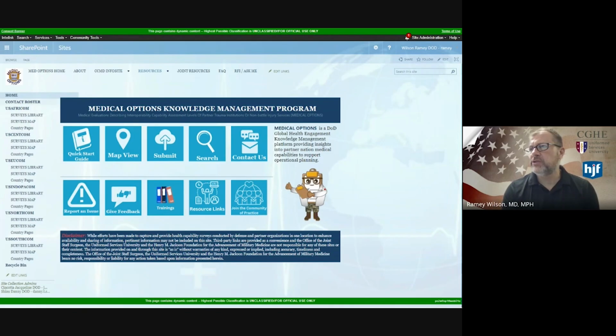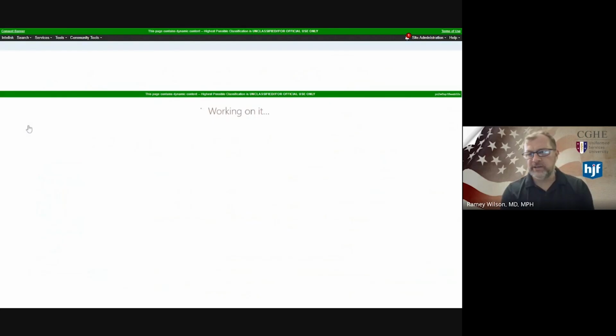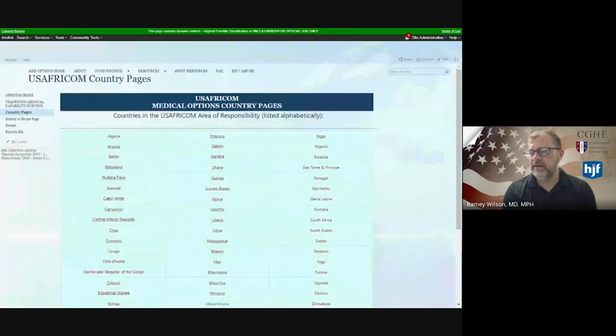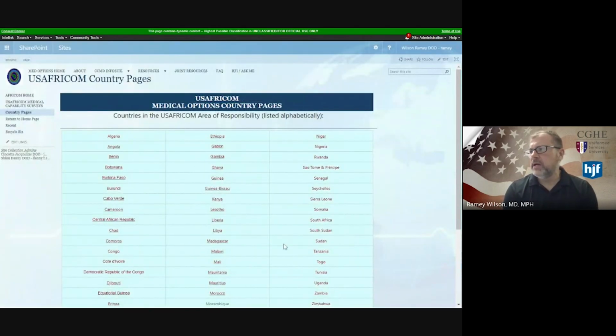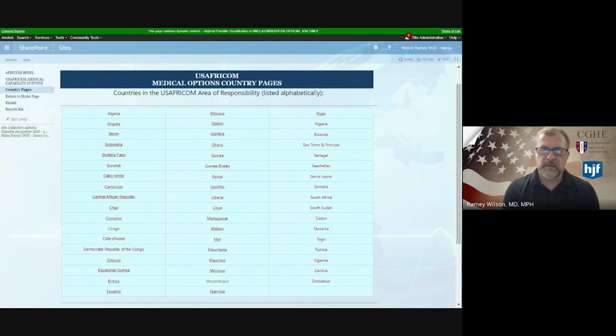For each of the country pages, there are links for the full ISOS reports that have been done in that area, as well as a place where units can submit to us their AARs from GHE, or force health protection assessments of environmental stuff. So for example, if you were to go to the Morocco page,